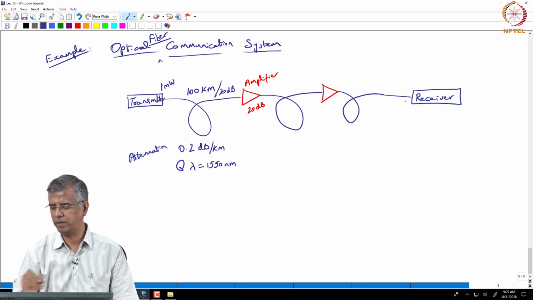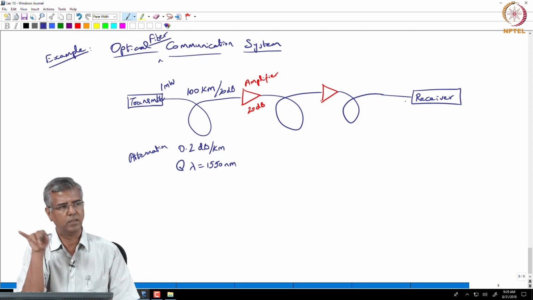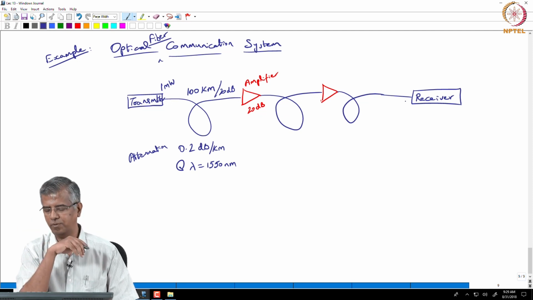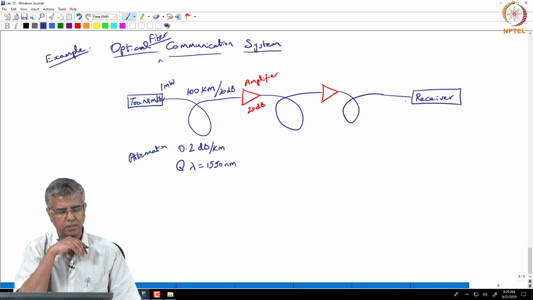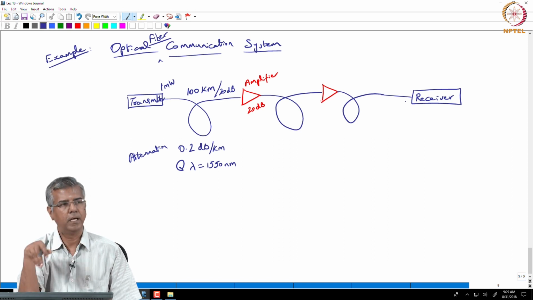So, you can probably have a series of amplifiers followed by fibers, and you have covered several hundred kilometers with this. Okay. So, this is the typical scenario in an optical fiber communication system, and what we are saying is we need an amplifier which provides a gain of 20 dB. Okay. 20 dB is what? A factor of